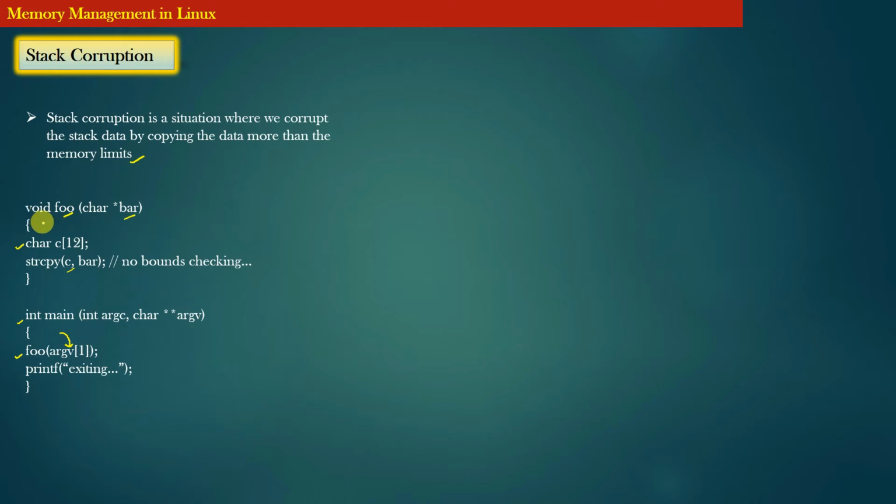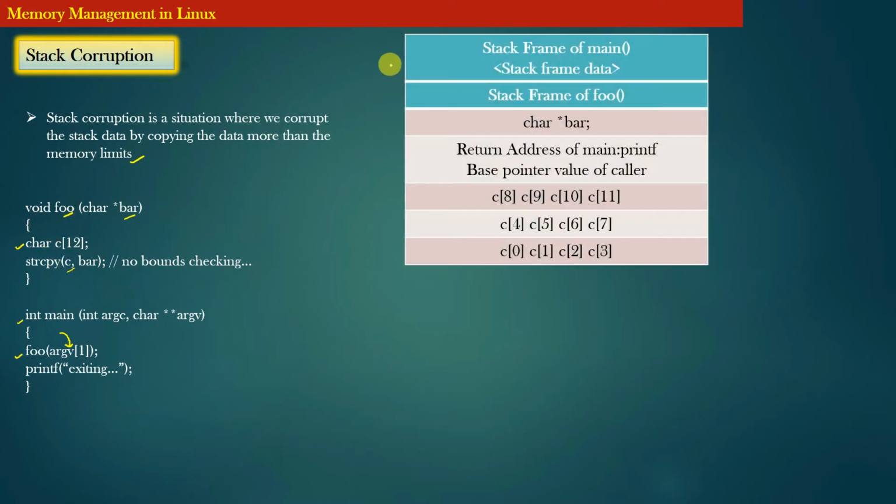Now let us see how this small piece of code can demonstrate the situation of stack corruption. If I ask you to draw the call stack of these two functions, main and foo, then you should draw this diagram. You have a stack frame of the main function, followed by a stack frame of the function foo. Here is the argument that is pushed into the stack frame of foo, followed by the return address of the caller and the base pointer value of the caller function. Again, you don't need to understand what the base pointer is; we will shortly discuss this in detail. After that you have the local array which occupies 12 bytes in the stack frame.